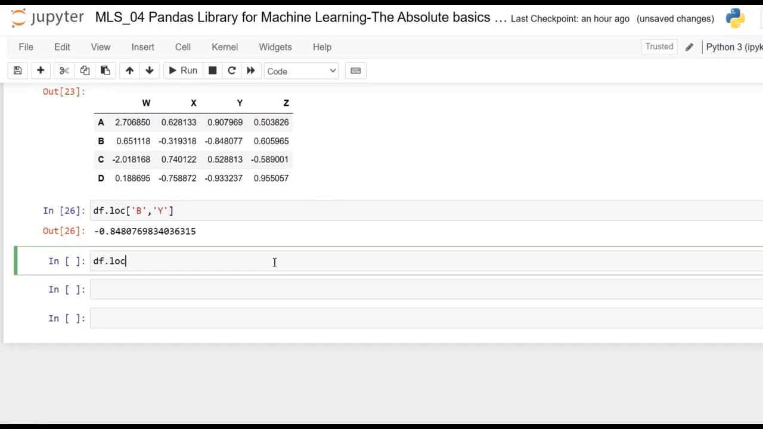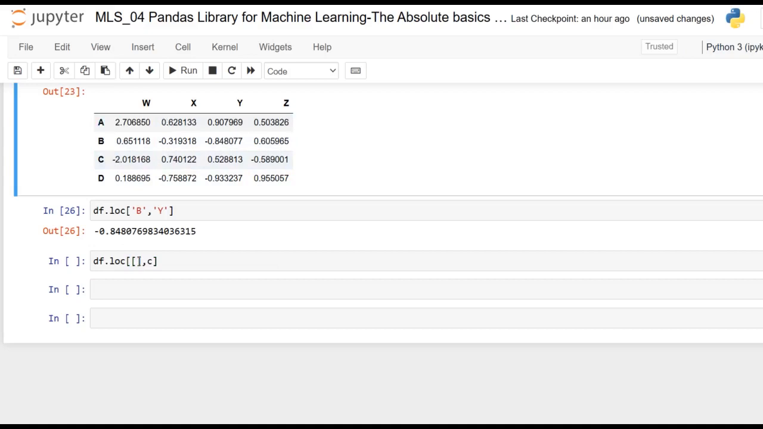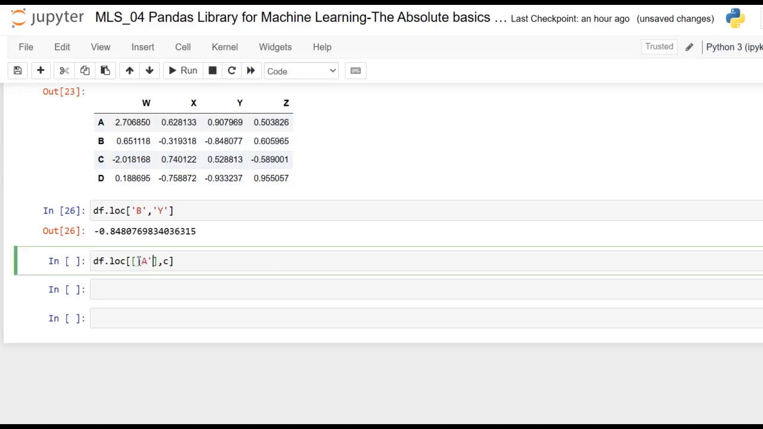So obviously, we have to provide a row comma column. So what are all the rows you want to fetch? I am just going to provide it in a list manner. Let me just have the A and C rows, and for the columns,